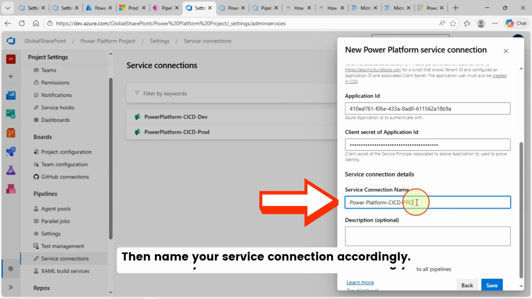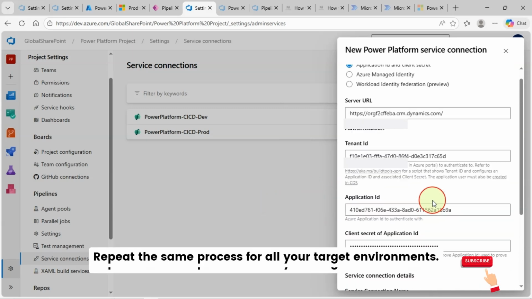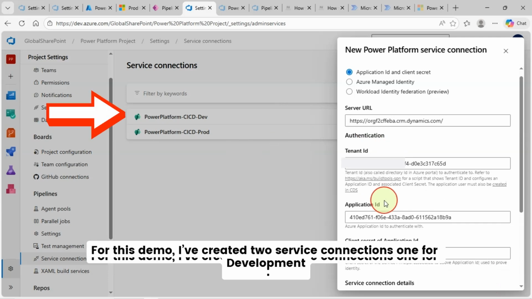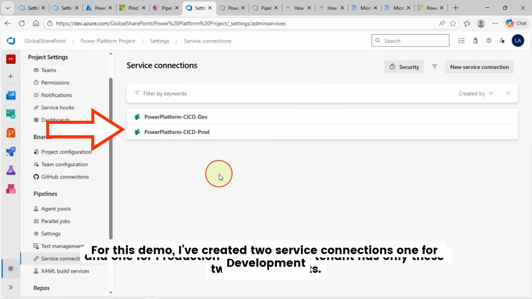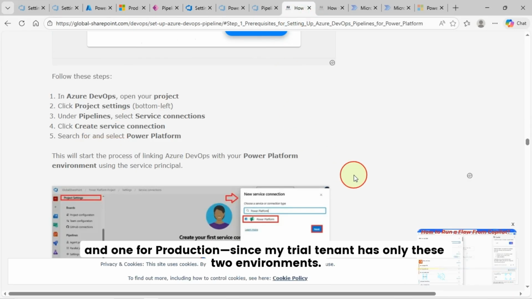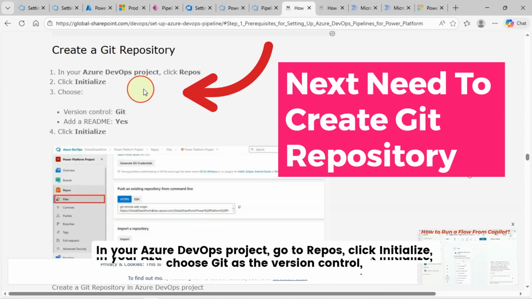Then name your service connection accordingly. Repeat the same process for all your target environments. For this demo, I've created two service connections, one for development and one for production, since my trial tenant has only these two environments. In your Azure DevOps project, go to Repos, click Initialize,